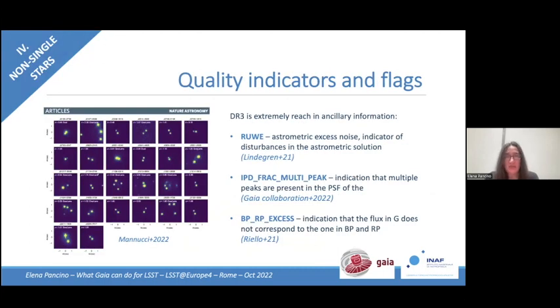Another thing I wanted to point out is that apart from the astrophysical measurements, Gaia provides a large variety of quality indicators and flags. And these quality indicators and flags are able to enable a large variety of scientific applications. You have probably heard about the famous RUWE, which is the renormalized unit weight error, which is related to astrometric excess noise.